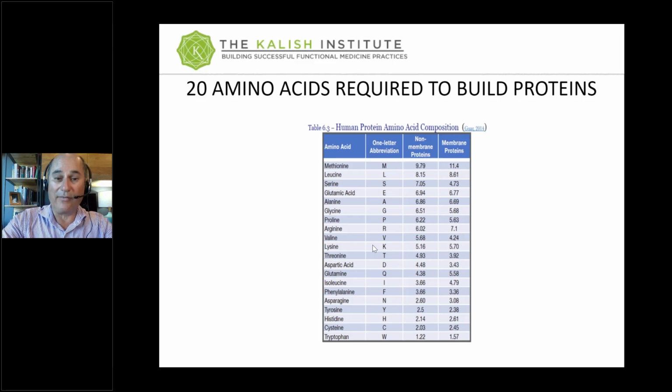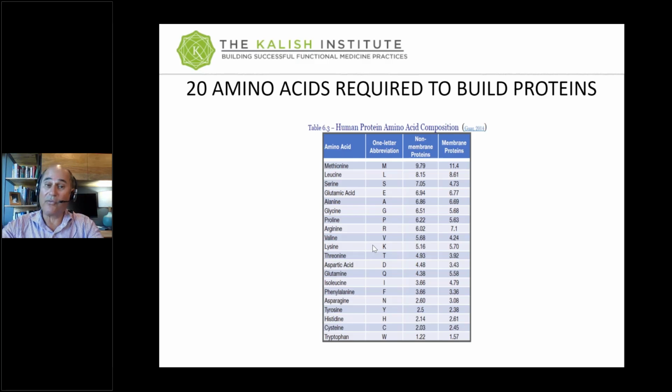If you're low in one of these, like glycine or tryptophan, the reason why you want to give that tryptophan is not because their serotonin might get better, but instead because it's required for them to build proteins that regulate immune function, proteins like hemoglobin, proteins like all the enzymes that run your metabolic systems. All of that requires all 20 of these amino acids. So that's the main reason why we use amino acid therapy.